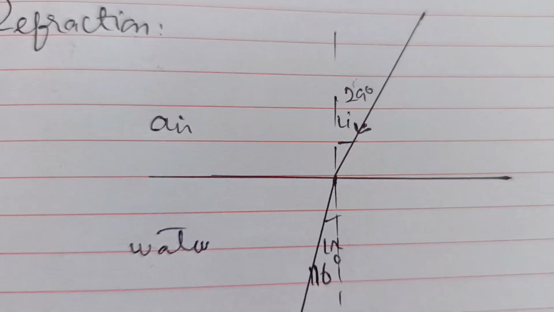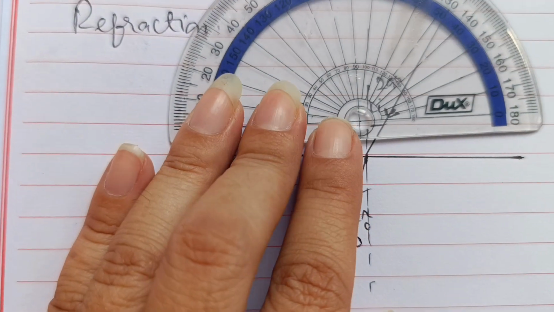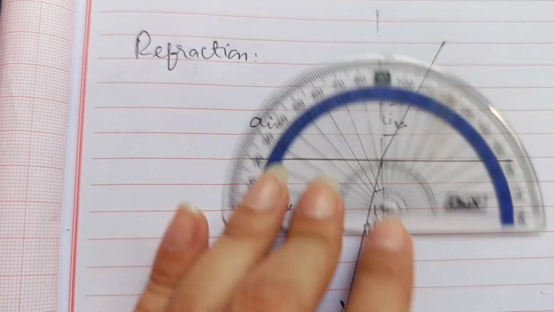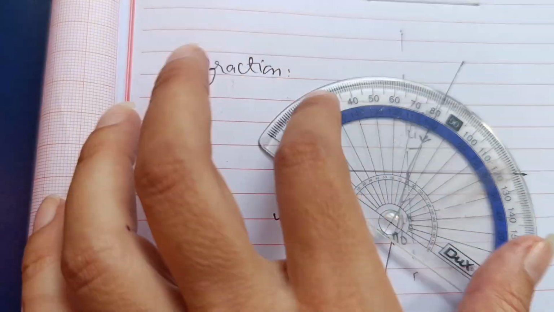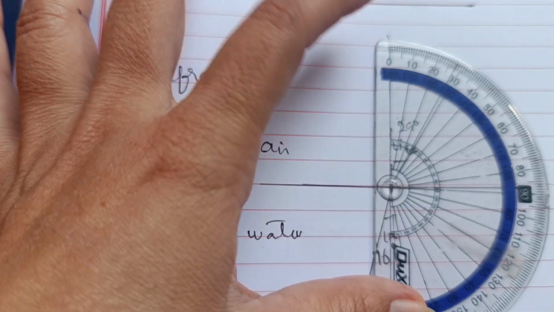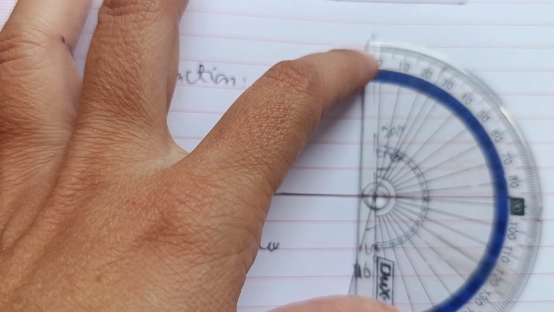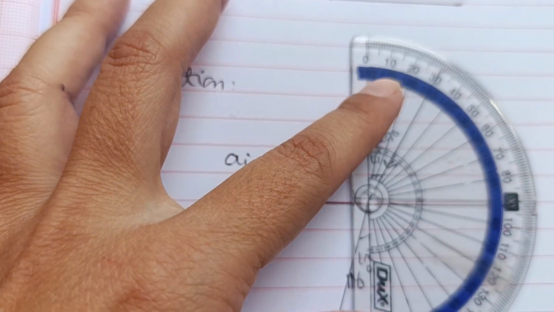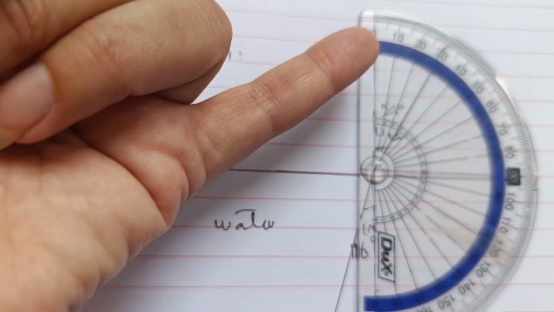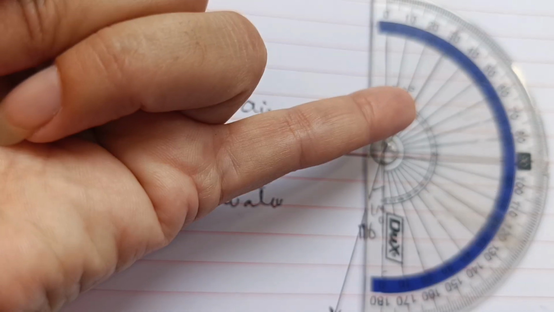Okay, now how to measure these angles? How will you place your protector to measure these angles? First you will draw the normal the way I told you in reflection, right? Now the angle is to that side, so how will you place your protector? In this way, right? The way you measured your angle of incidence, this is your 0, because you are starting your value from here. So this is 0, 10, 20, right? This is 29 degrees. Because my normal is at 0, directly take the value and put it over here, right?